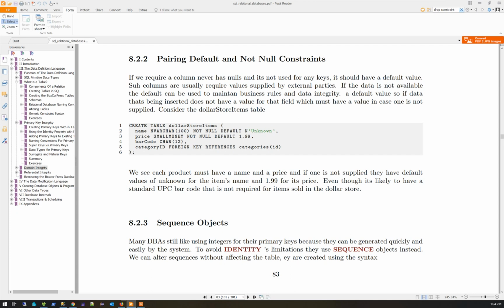Okay, so you're saying not null default. The barcode we might want to be unique. We might want to use that as a primary key. So you can see that over here. Okay, now the other way we might pass,